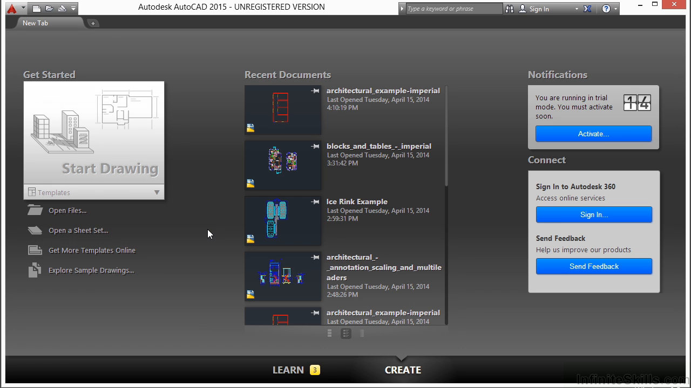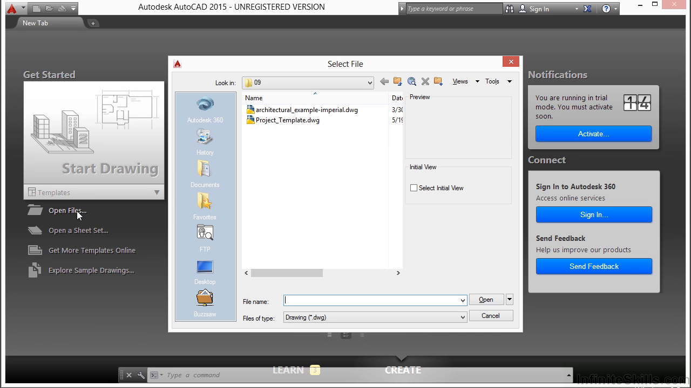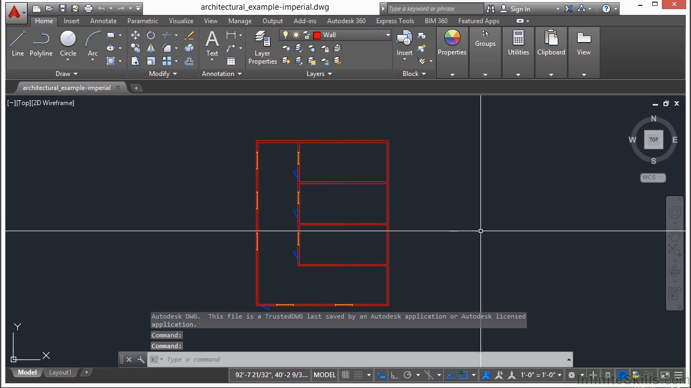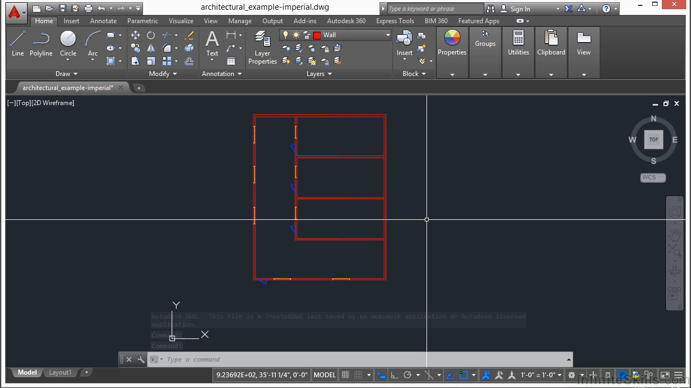In this video, we're going to take a look at freezing, thawing, and turning on and off layers. In order to do this, let's open up an example file. Let's take a look at the architectural example imperial drawing. This file has a few different layers in them, and we'll be able to take a look at them and